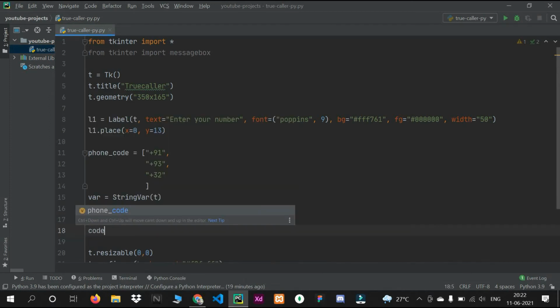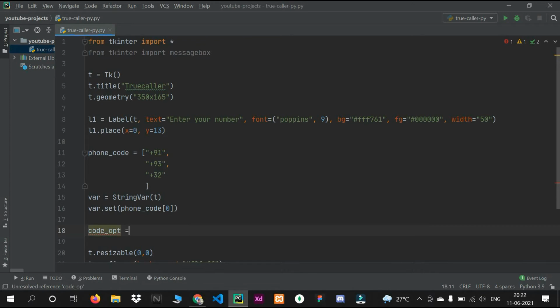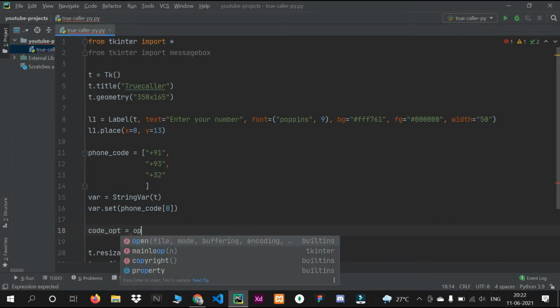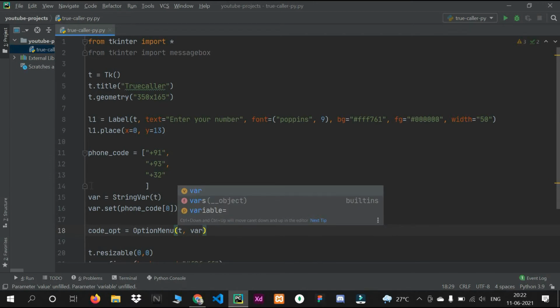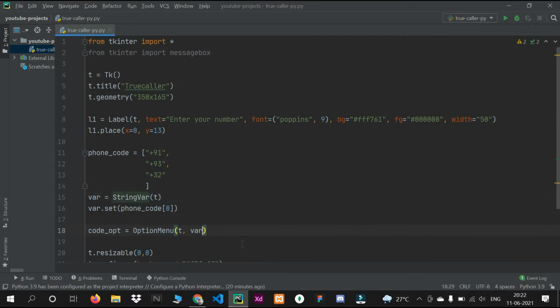Then we have to make one phone option bar to choose the option. It has OptionMenu, so we will pass t, then our string variable, which is var, and then asterisk plus phone code. So this, and then we will place it.